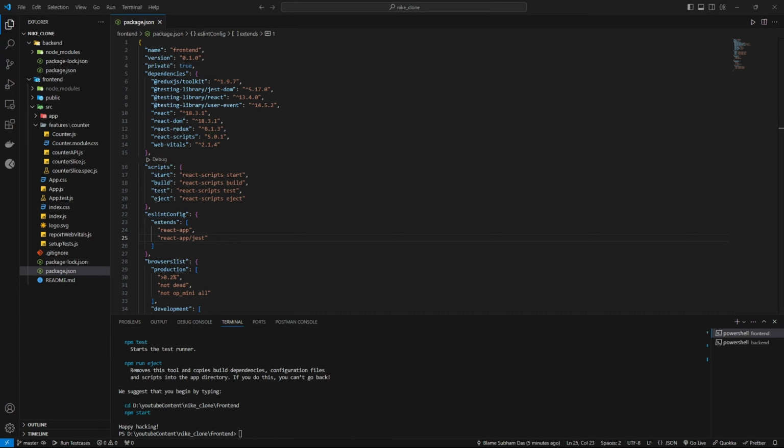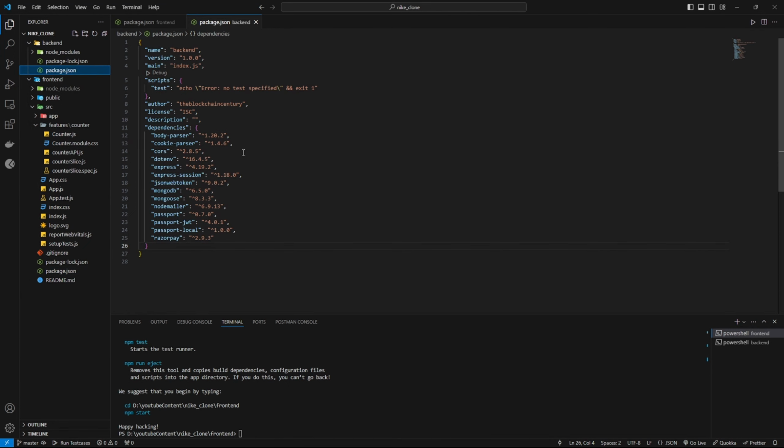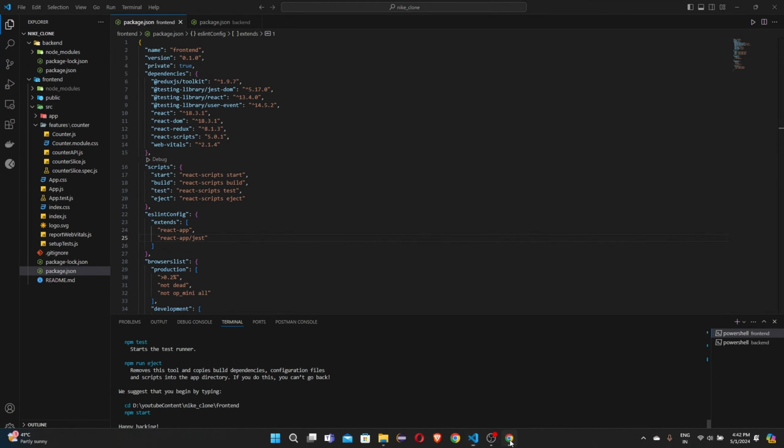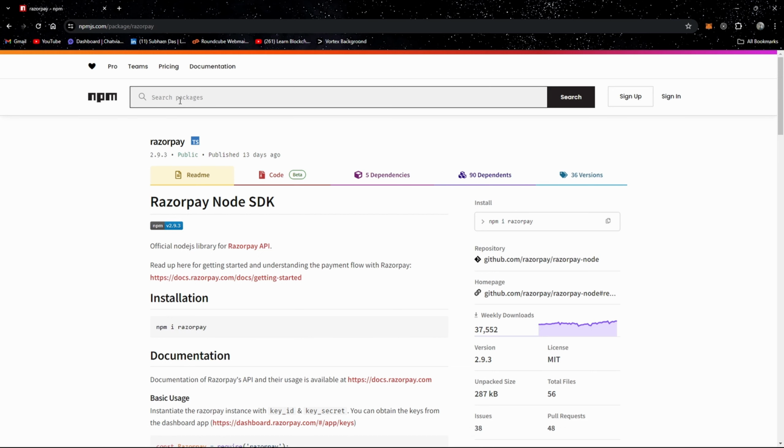Okay, so let's get started with our front end. So we are going to install .env. I think in our backend we have installed .env. Yeah, I was a bit confused about that. So .env,